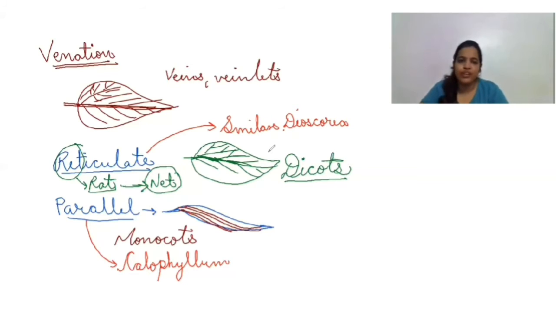Here we are done with the venation, guys. Is anything difficult? No, just 3 examples. Of course, you need to remember. That's all you have got for the venation. Venation is also completed. Means we have completed 2 parts on the leaf topic. Now we have got the 3rd part, that is types of leaves.